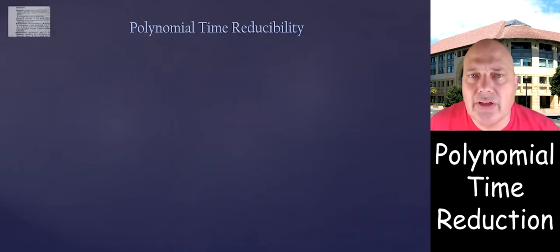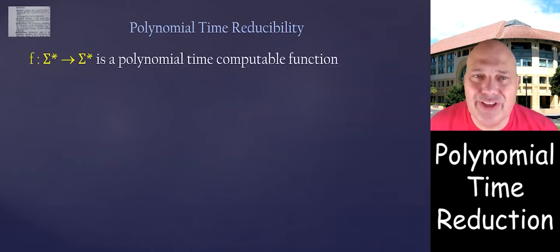So a polynomial time reduction is first a reduction. So we want a function that would transfer an input for one problem to an input for the other. But now we will insist that this function be computable in polynomial time. So a function f is a polynomial time computable function